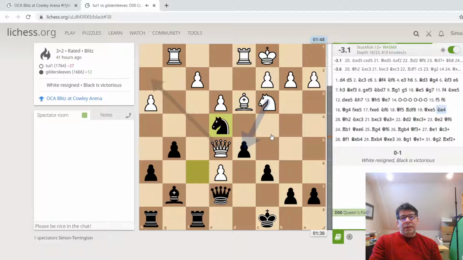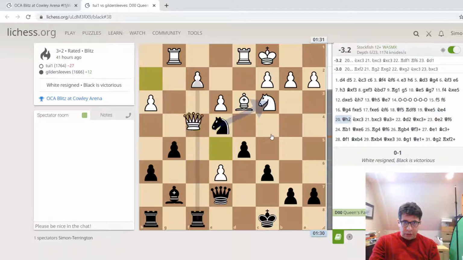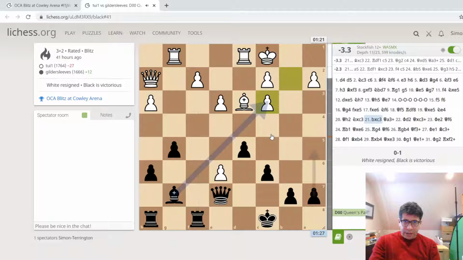So black plays knight d4, hitting the queen with the bishop, and then hitting the knight on c3 twice afterwards. Queen moves, takes, takes. I would take with the bishop on c3 here. Looks terrible, because then you've got queen a3, queen b2 mating. I mean, what does white even do? So the engine says white has to play rook df1,